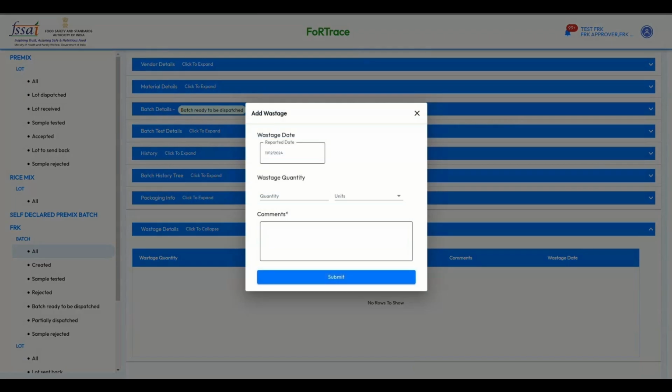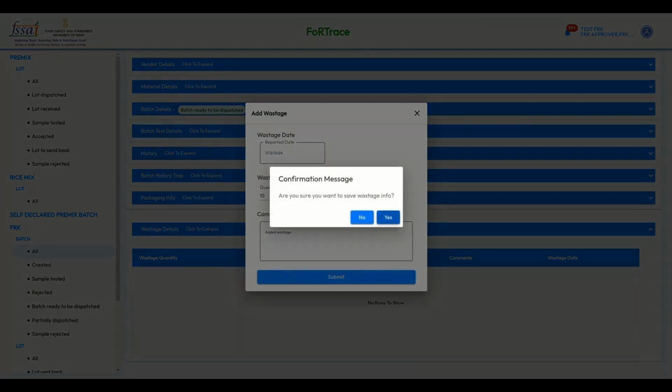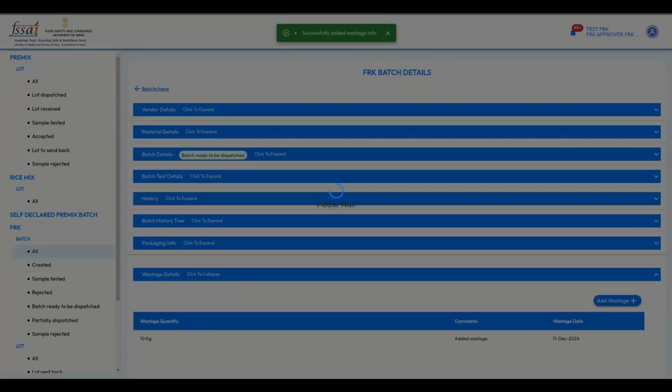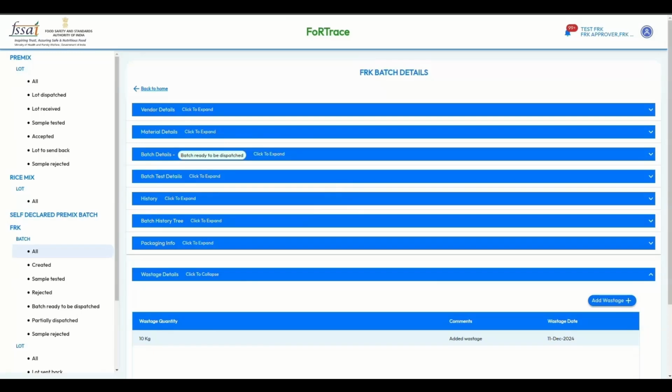So you can add wastage as well. Click on wastage details and click on add wastage. So we are adding 10 kgs of wastage. Here you can see quantity 10 units kg, and we need to provide comments for adding wastage as well. Click on submit, yes. Here you can see successfully added wastage info,